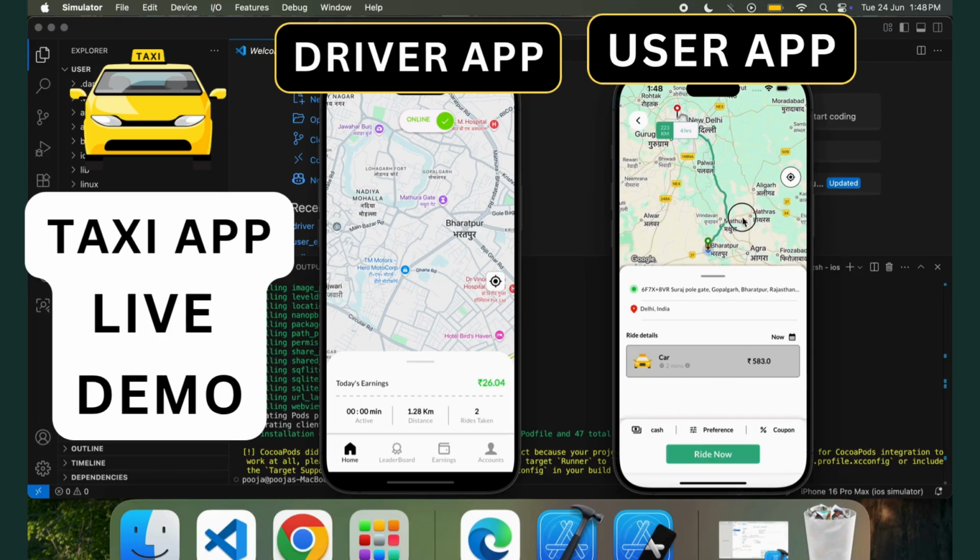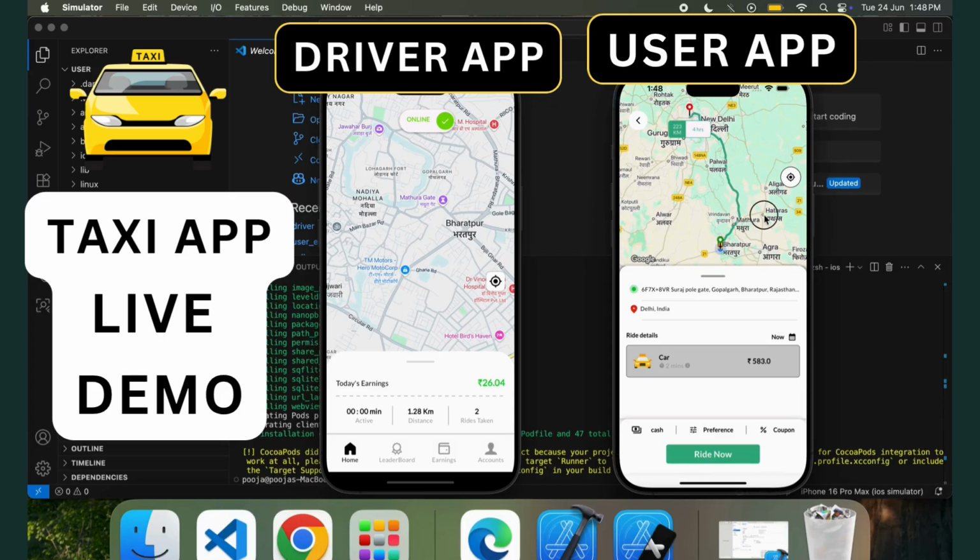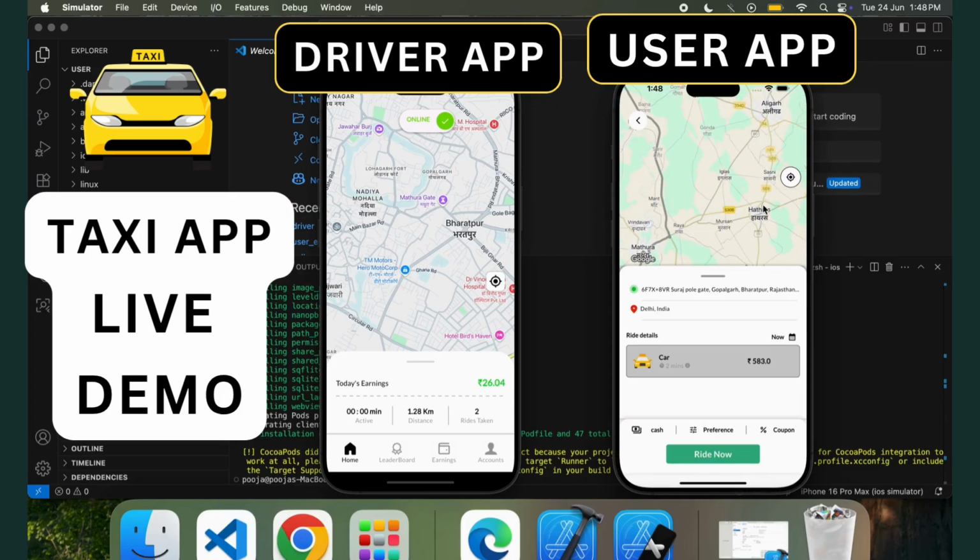And now make a booking. Once you do, the booking will be shown to the nearby driver, and that is how you can zoom in, zoom out the complete Google map. This application is the latest advanced taxi application like Uber, Ola, and Ride. If you want to make your own taxi app, this is a very good solution.